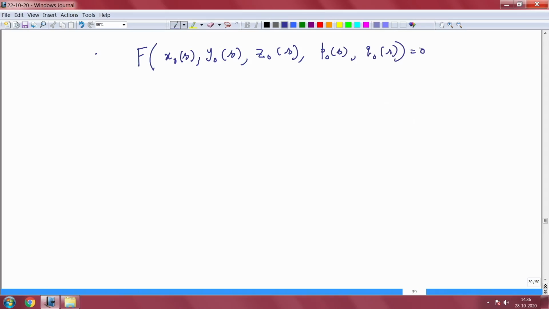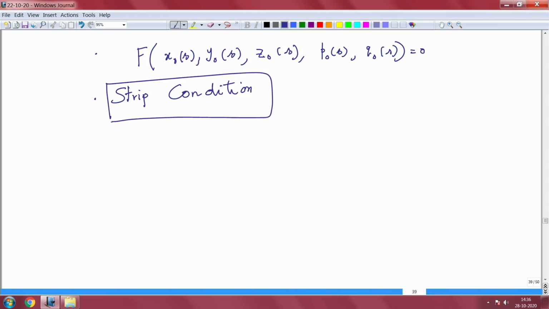Of course, whether it has a solution is a different issue. And there is one more condition, so you need one more equation, that is called the strip condition. All this you have to know. What is the strip condition? You have your u_x t is equal to